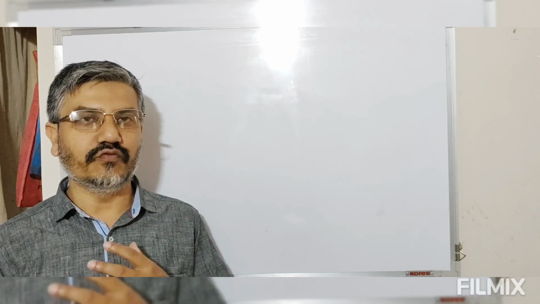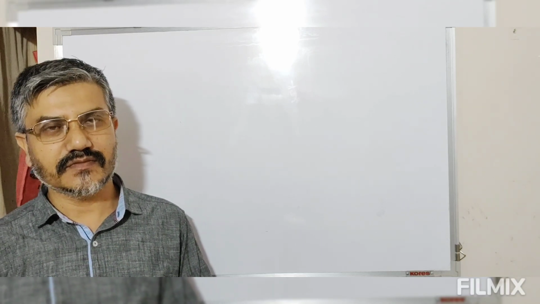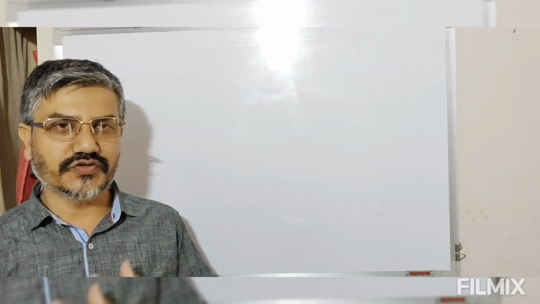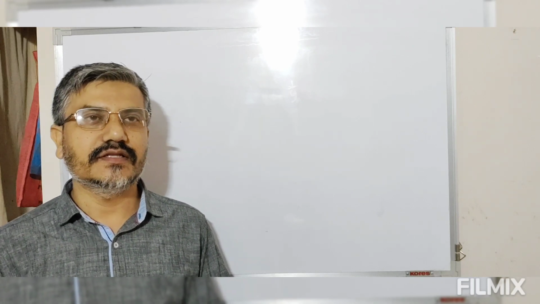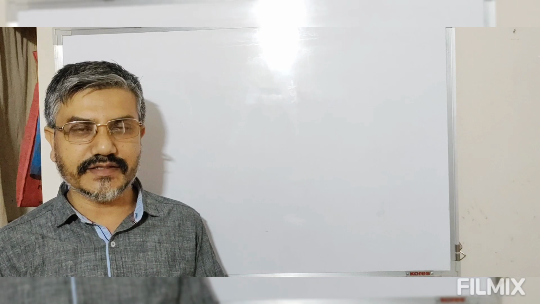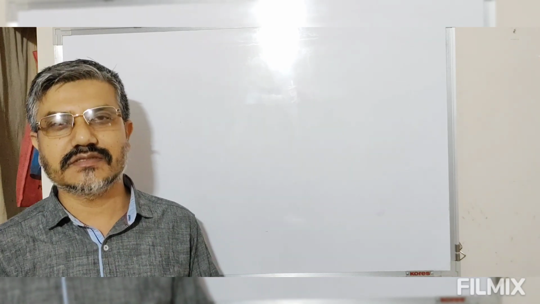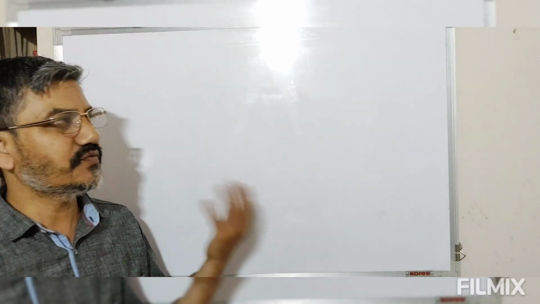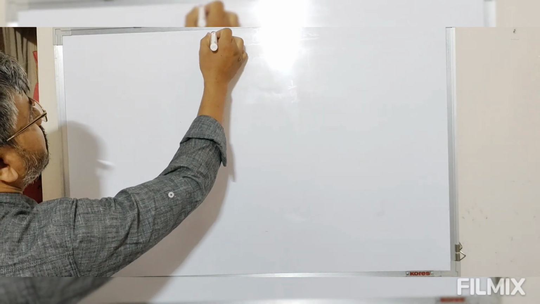Now we are going to discuss two types of solution. So solution is categorized into two: the first one is known as ideal solution, the second one is known as non-ideal solution. Now we are going to focus on these two types of solution. First, ideal solution, what are its characteristics, thermodynamic parameters, etc. So coming to these two types of solution, first we'll take up ideal solution. So we are starting with ideal solution.